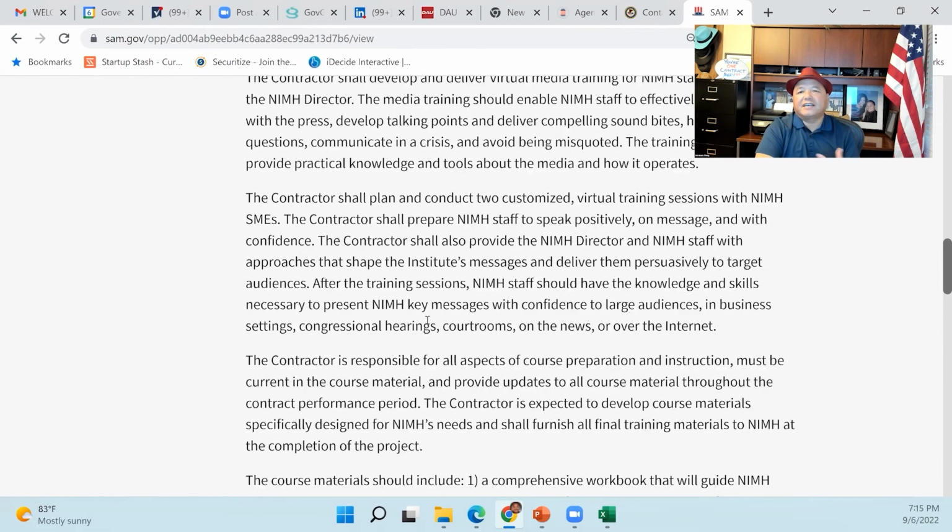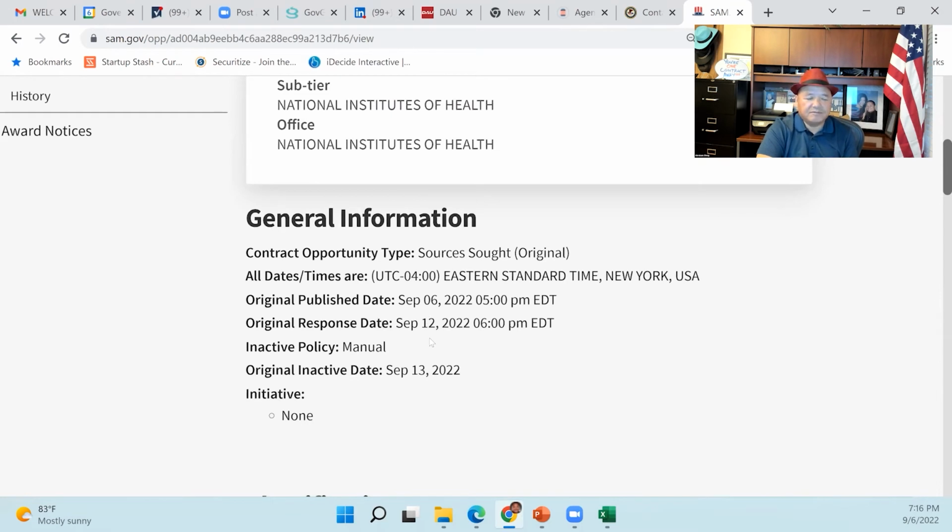And 50% of the time, they will extend it for you. When I have told people, hey, this is a good match, but it's too short, ask for an extension, I would say half the time they will do an extension. Now, if the contracting officer said, no, I cannot do an extension, it could mean a few things. It could mean that they already have another company that they want to award this to. It could mean that they have a tight deadline because it's towards the end of the fiscal year, and if they wait until September 18th, they may not have enough time to close out the opportunity by the 30th. So it could be many different reasons.